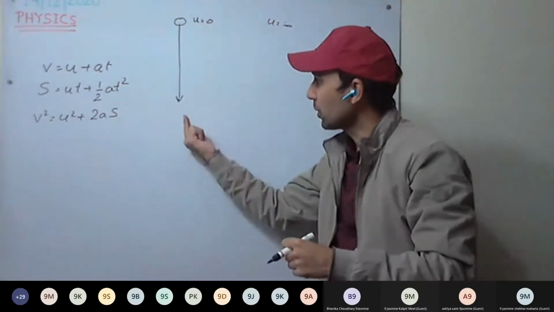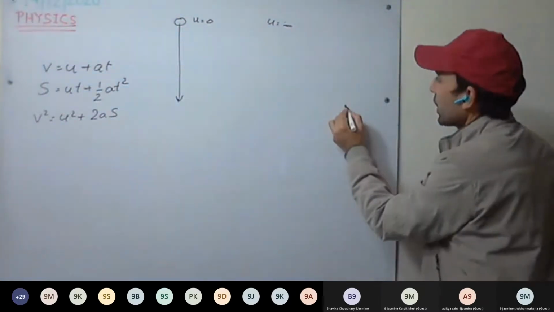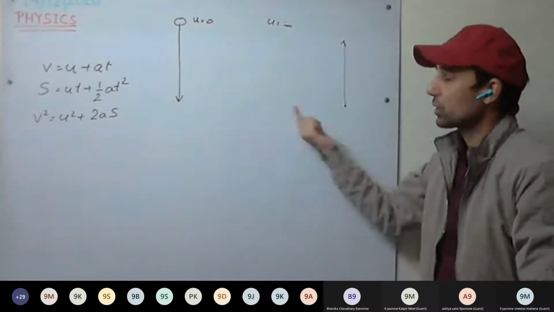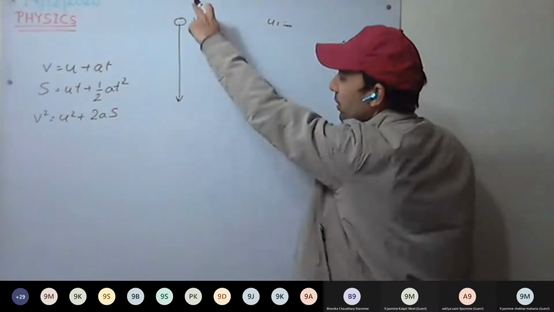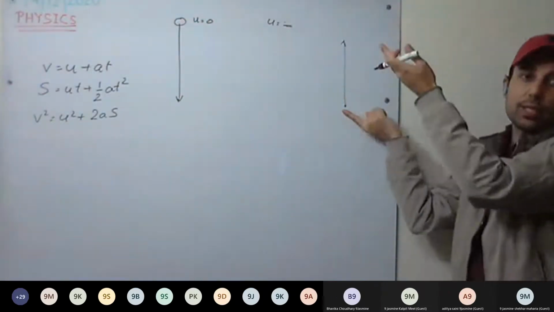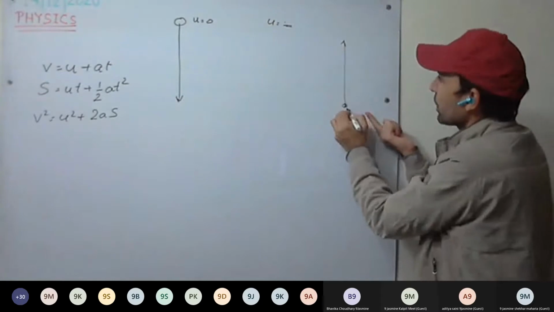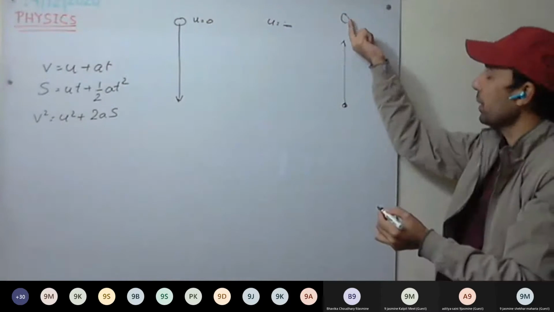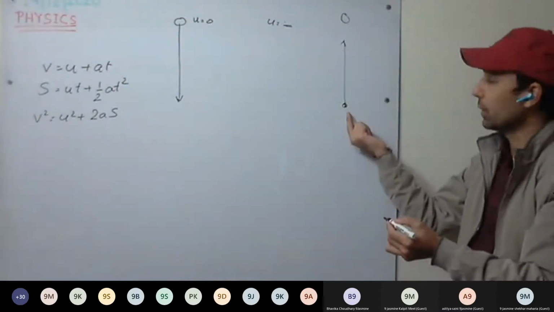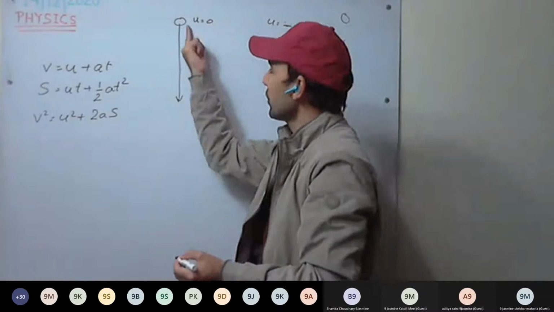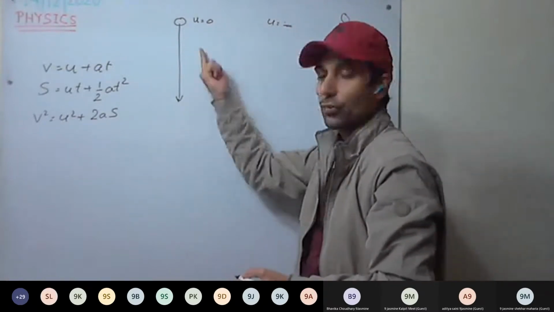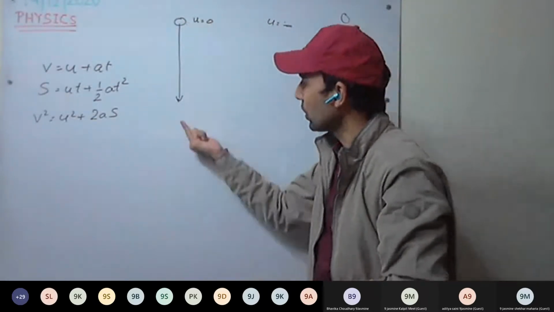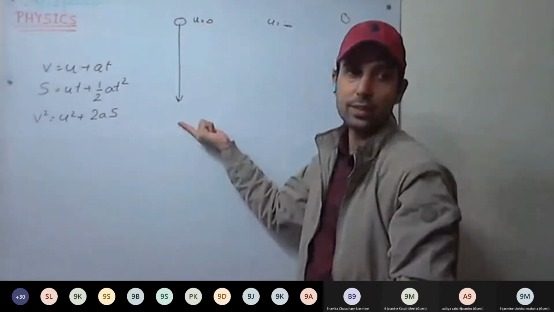Okay, we'll be discussing this vertical motion and when we vertically throw the body upward. So when a body is free falling, and when we are vertically throwing up the body, what kind of motion will it take? It will move up, stay there for some time, and again come back to the same position. If we discuss free fall of a body, it is falling under gravity because gravitational force is being applied on this body, and because of that, it falls towards the ground. It is being attracted towards the ground.